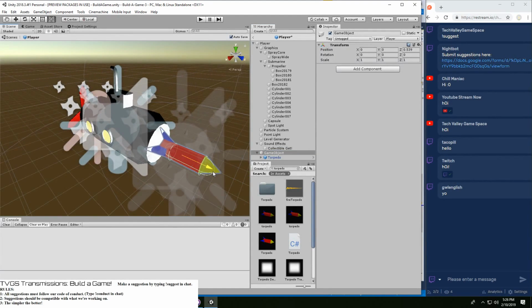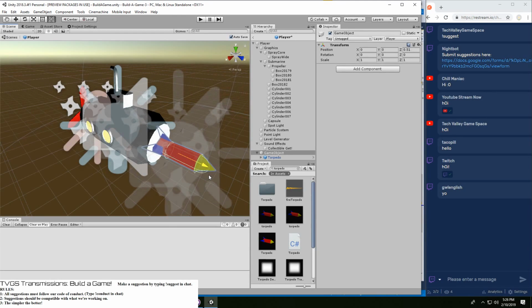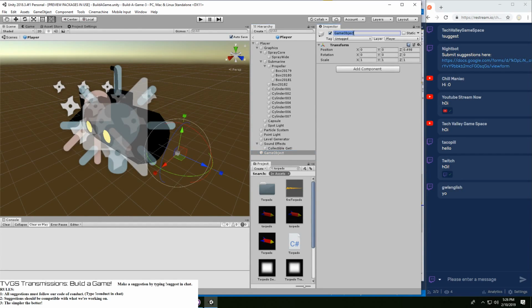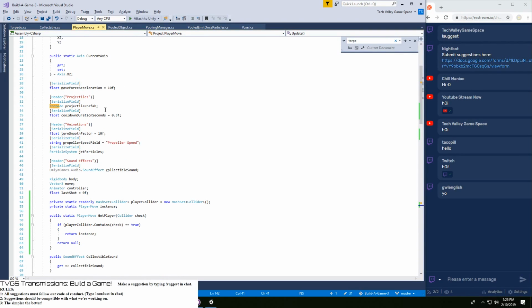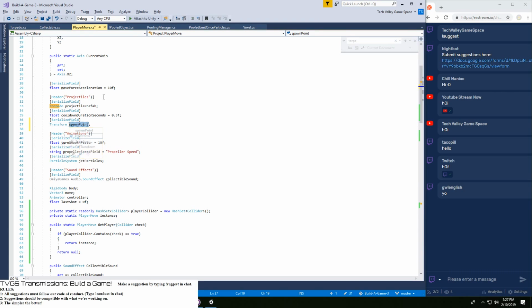Yeah, let's have it occur approximately around that area. So spawn torpedo. Spawn point.